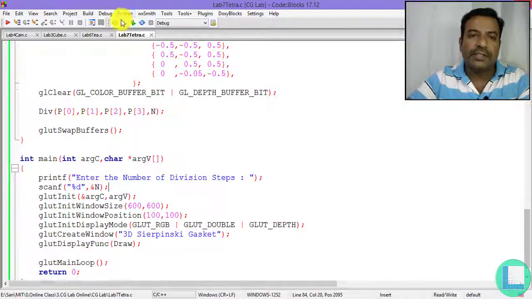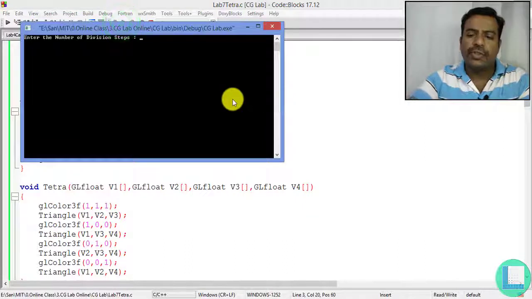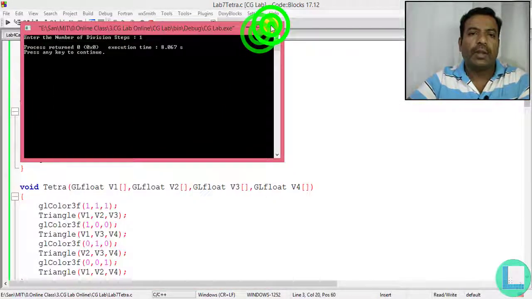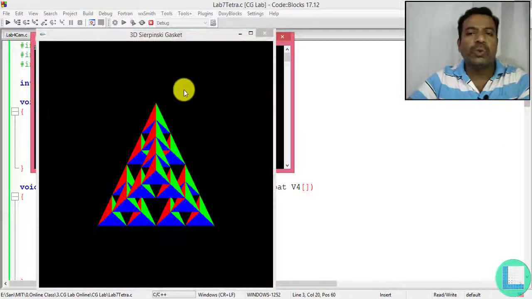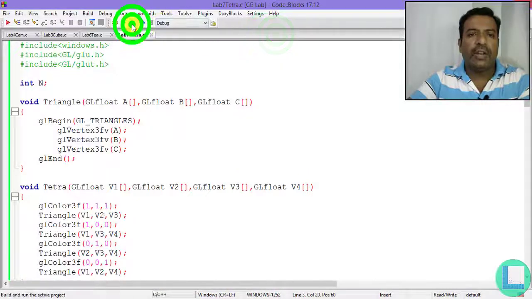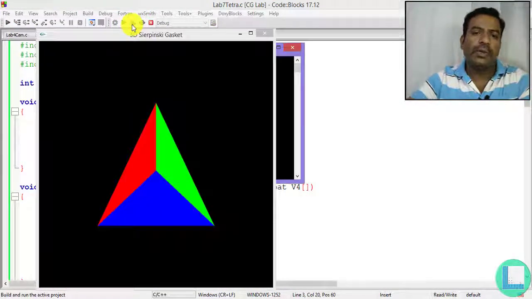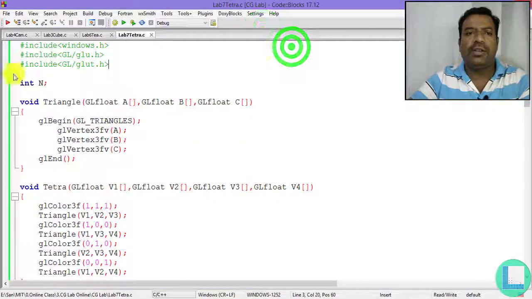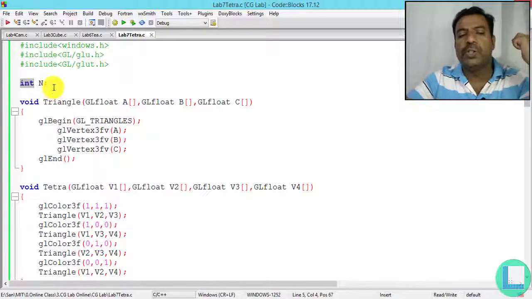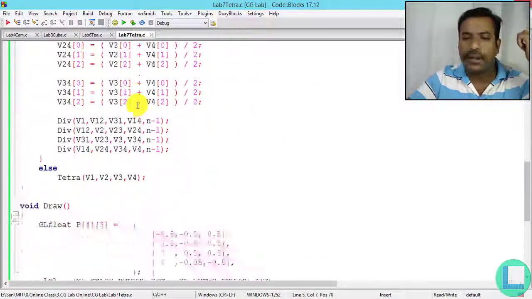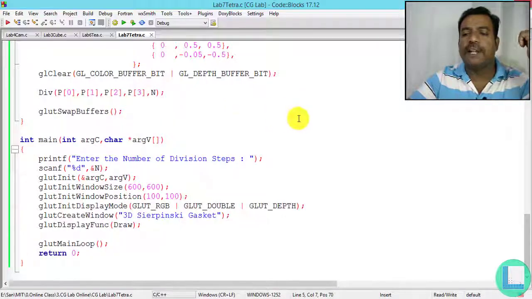Now save this, compile this, and execute, and give the input as 1. This is going to be 1 division. And again execute this and give the value as 2. This is going to be 2 divisions. And give the value as 0. This is going to be 0 divisions. So you can give any parameter, and just make one correction here. I made it a float. It should be an integer to work fine. Fine. So this is all I wanted to say in this video.